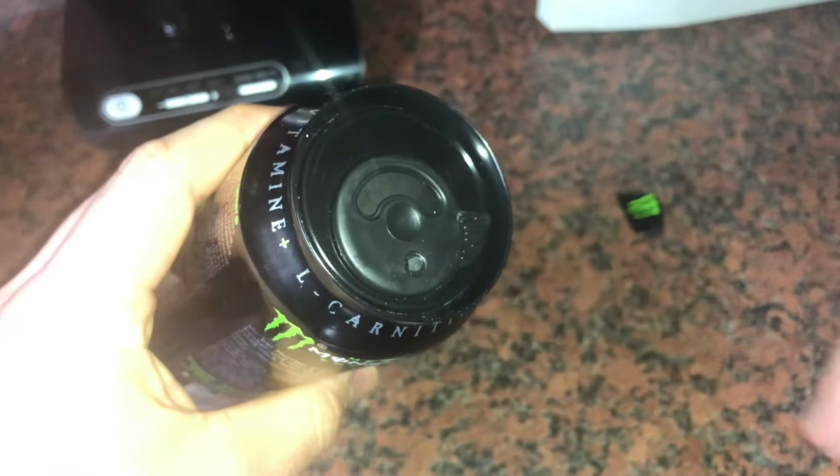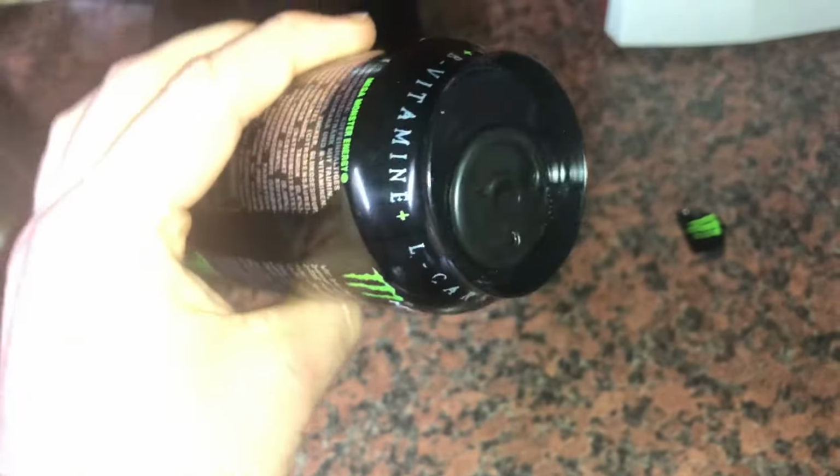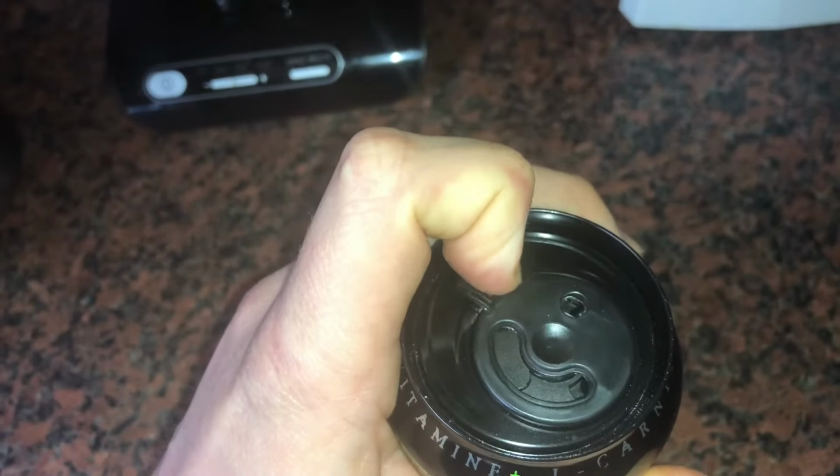Wow, reclosable, as you can see. Now the liquid is inside, still inside the beverage can. Nice and easy. And if you would like to have a drink, only rotate it left turn, then